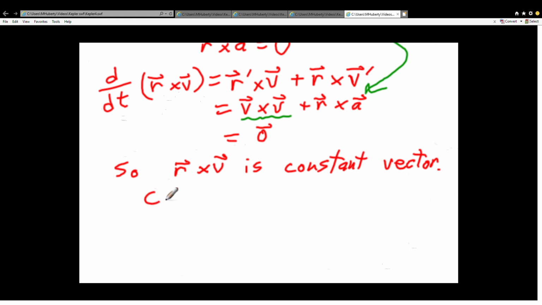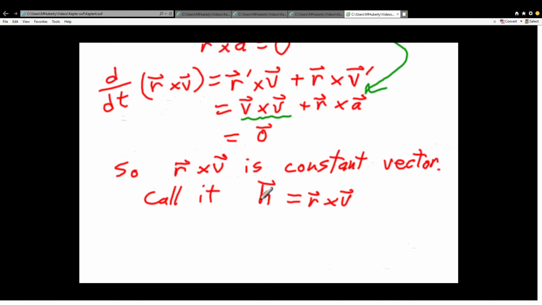Let's call this resulting vector h. Okay, you may say, why h? Just because the notes I wrote up, I called it h, for lack of anything else. Okay, so we'll have to keep in mind when we use this h that it's constant. That'll be useful. Okay. The other thing with h